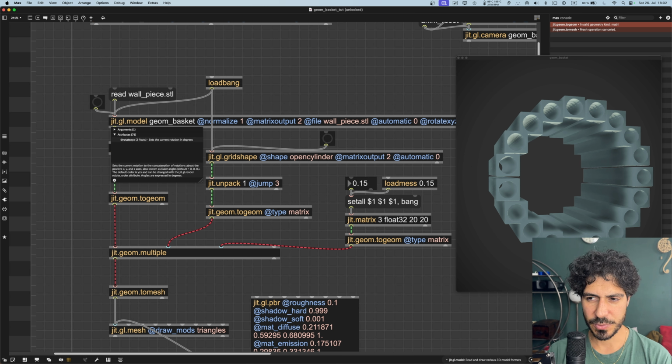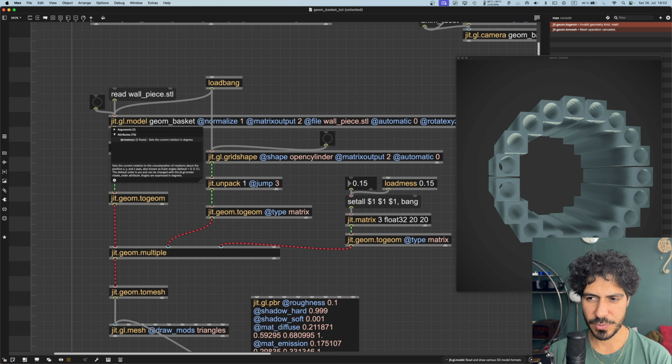So I guess we want to rotate it 0, 90, 0. So 0 on the x-axis, 90 on the y-axis, and there we go. Now it's rotated so that it faces the